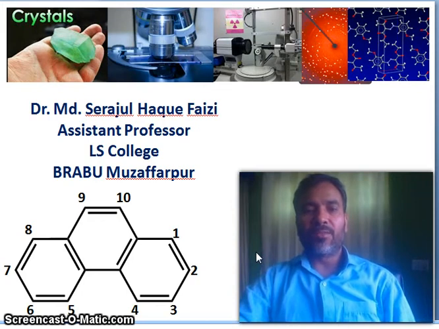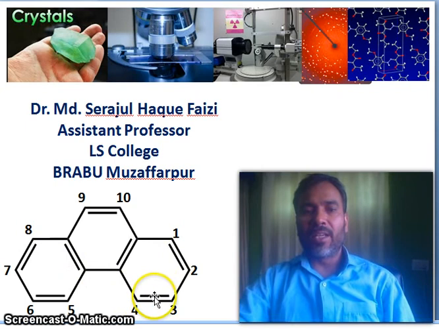So, let us start with our topic, phenanthrene. You see, this ring is phenanthrene. What is phenanthrene? Phenanthrene is a polyaromatic hydrocarbon. You see here, there are three benzene rings, 1, 2, 3, fused together at two positions. This is the fusion: this ring fused with this ring, and this ring fused to this ring.